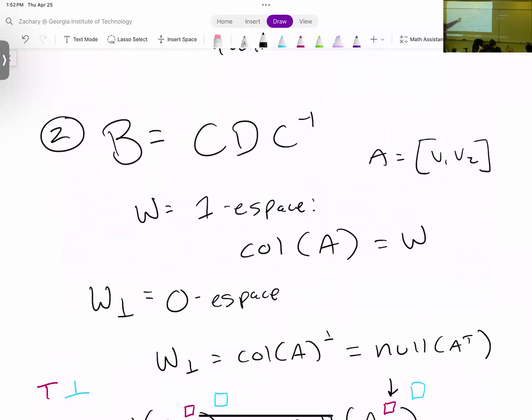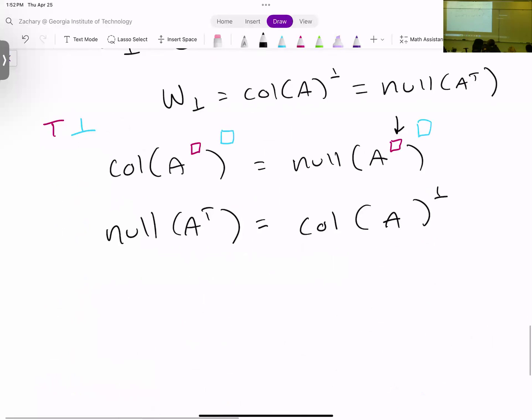Because this gives you your basis for a 1 eigenspace and a 0 eigenspace. Okay. So you find the basis of null A transpose with parametric vector form, you get your vectors, boom, you're done. Well, then you multiply out 3 matrices, which is a headache, not impossible, just a headache. Okay. The last way to find a generalized matrix,